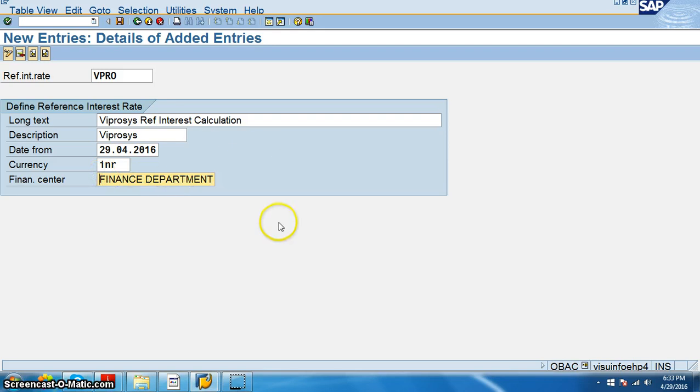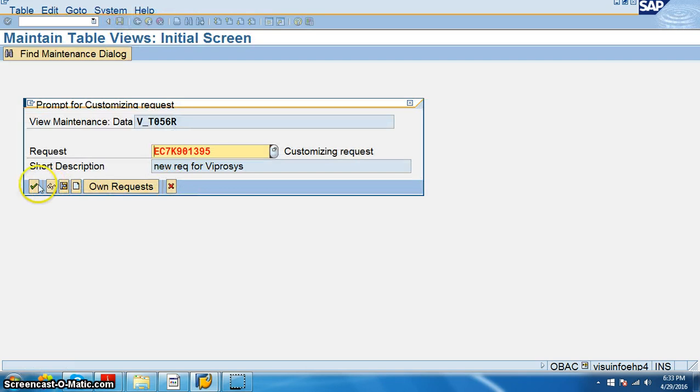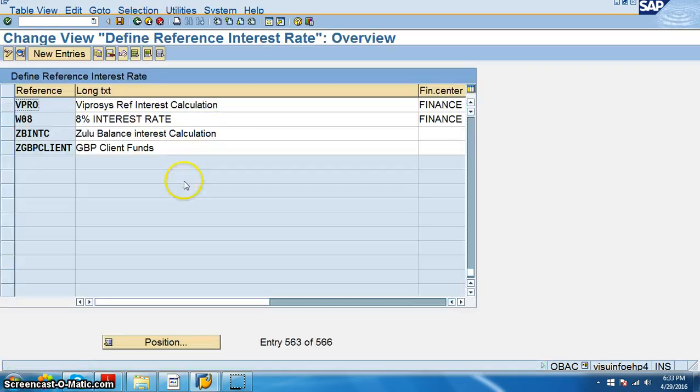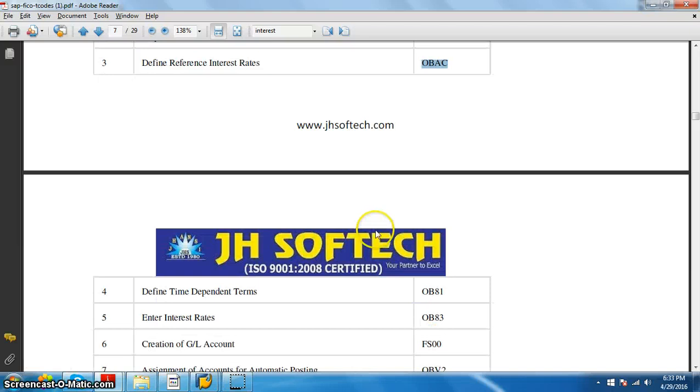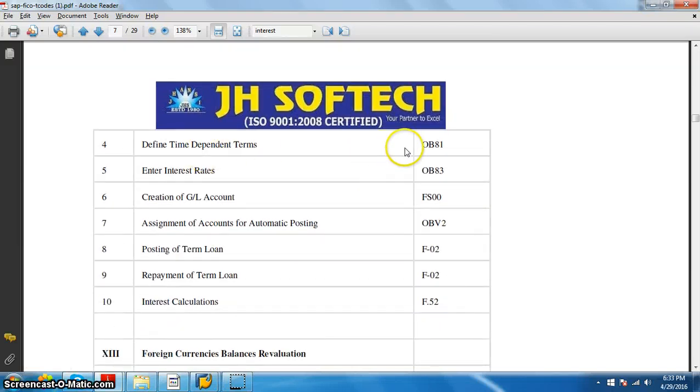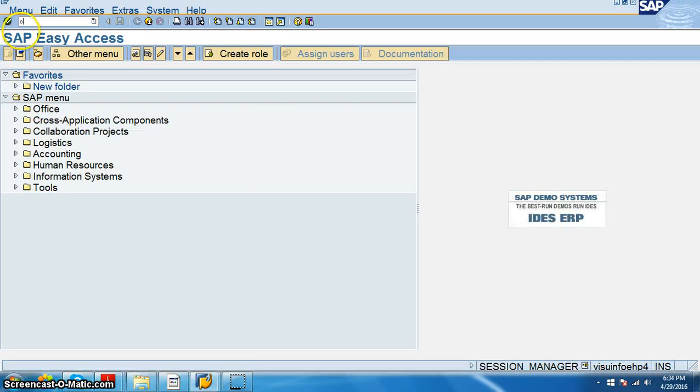Okay, we are giving all these details here in the reference interest calculation. Please remember this reference interest calculation what we have here. So VPRO, say OK, save it. Now come back. Once the reference interest calculation has been done, we go for define time dependent terms OB81.